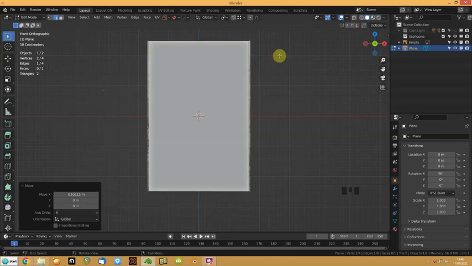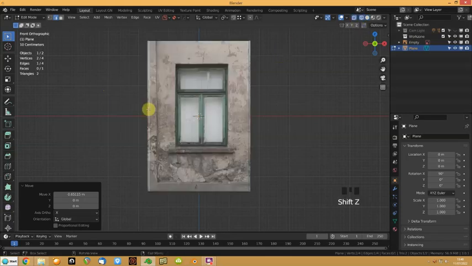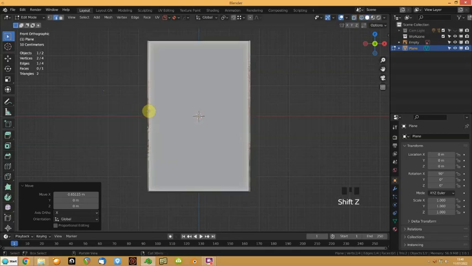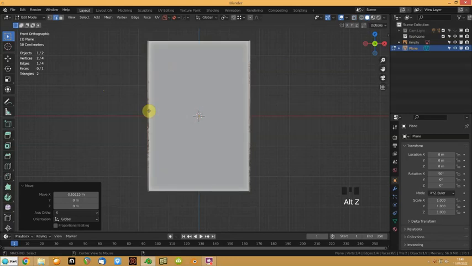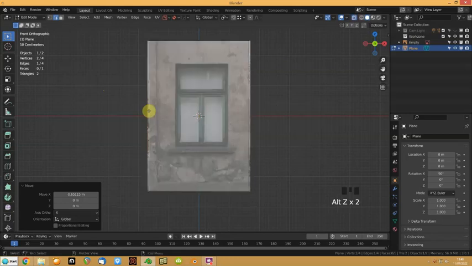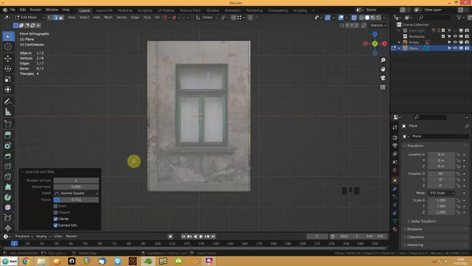And then he says go into X-ray mode, but you can also hold down Shift and press Z, and that puts you in wireframe mode. Shift Z toggles back, Alt Z puts it into actual solid X-ray mode and toggles back out. So both two useful things. So add a loop cut there with Control R,